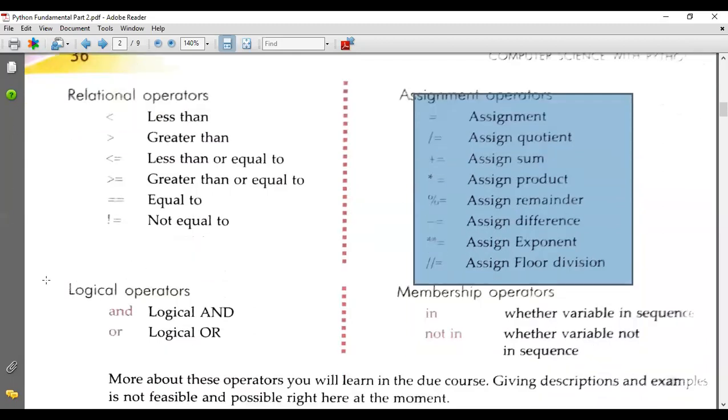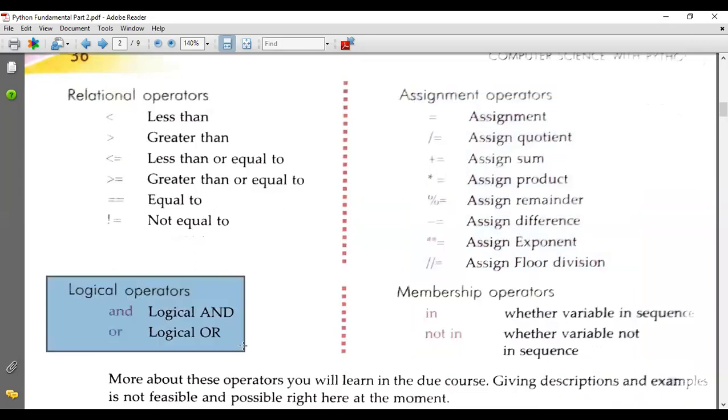Then the next operator name is logical operator. A logical operator is helpful when you have two or more conditions. You have read this topic in Boolean algebra also. AND is used when both the conditions are true, OR is used when either one of the conditions is true. If you have two conditions and both are true, then it will return true in the case of logical AND. Similarly, when you have written OR in between, then if any one of the conditions is true, it will return true, otherwise it will return false.